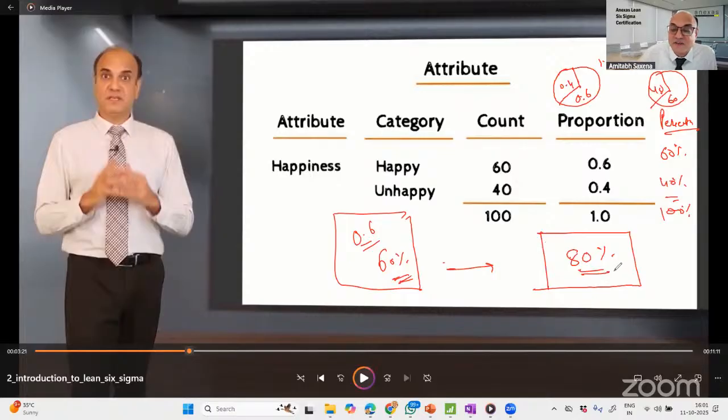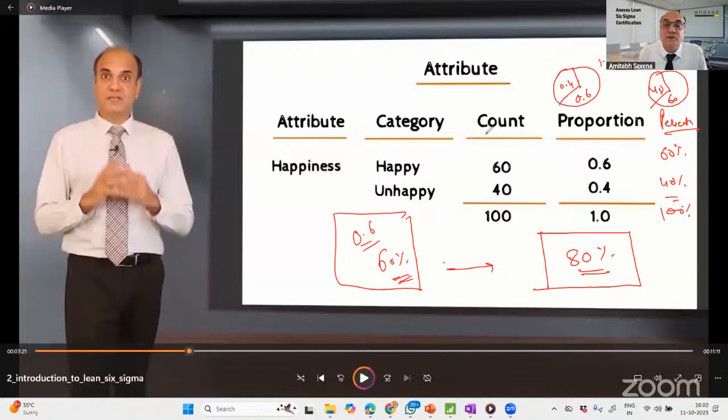So I was thinking, sometimes optimizing is also a solution, right? So 60% to 80% is our improvement. Now we can think of increasing the happiness. Now we'll do a root cause analysis. So typically any Six Sigma process undergoes a root cause analysis, and let us see the DMAIC approach which is